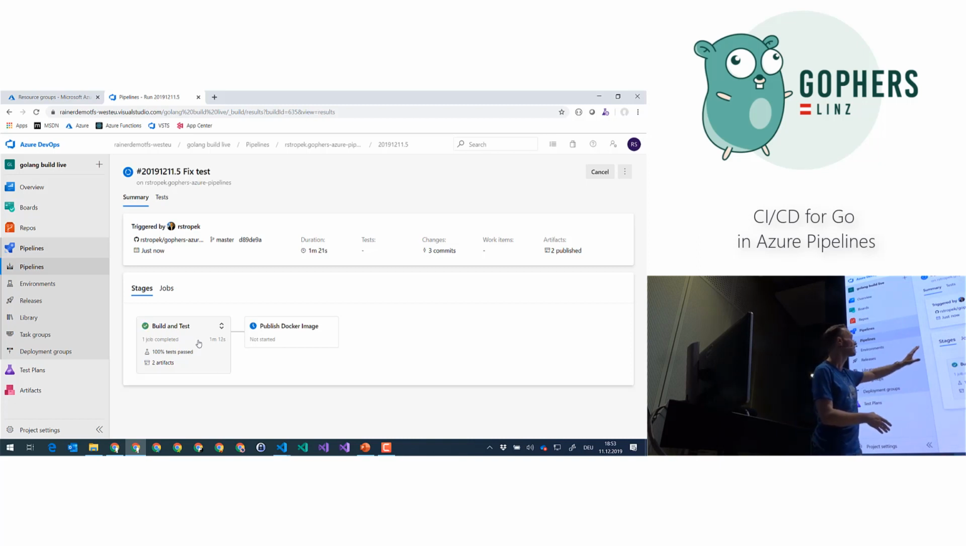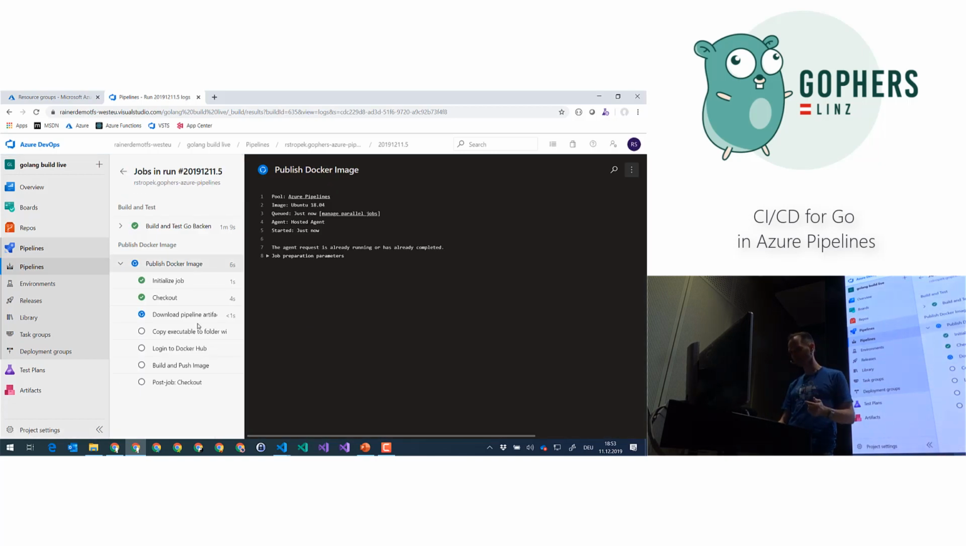Yes, it's green. So now the publishing of the Docker file will do. And I already did it up front. So we already have it in Docker, but it should really work. In a bunch of seconds, we should see it. Let's give it a try just to prove the point. It's now downloading the pipeline artifacts. This is the executable that I published. It copies it. It then logs into the Docker Hub, and now the building and publishing of the Docker image